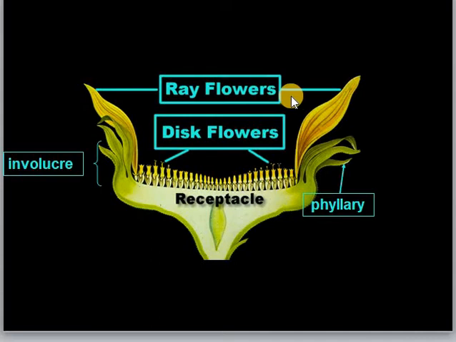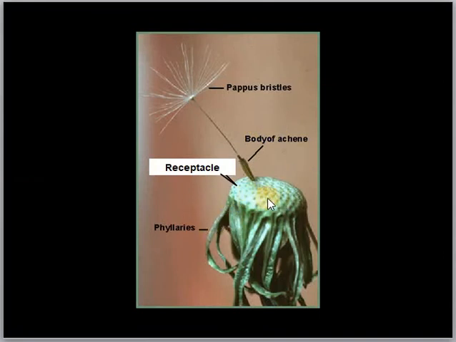But coming to the disc florets or disc flowers, the petals and sepals are reduced and they are on the inner side, so they are small in size. And this is the receptacle. See, this is an old receptacle, and this is the tip of the thalamus. It is flattened. You can see a lot of scars. These points or these scars are the points from which a flower is developed from the receptacle surface, and this is the phyllaries.